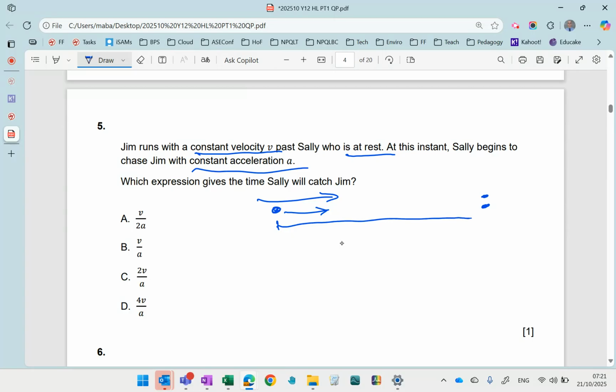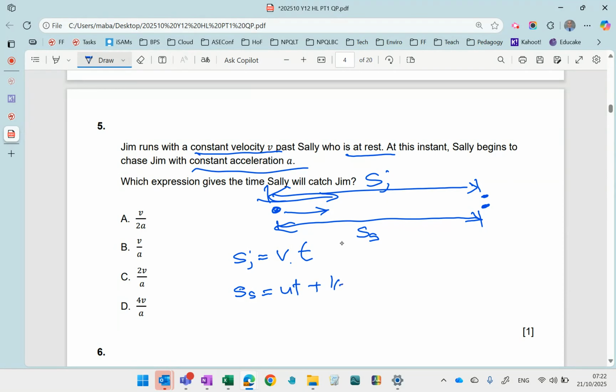So hopefully we can agree that, at that point, the displacement of Sally, so I'm going to call that S subscript S for the displacement of Sally, is going to be equal to the displacement of Jim. So we need an expression for the displacement for Jim. Now he's traveling with a constant velocity, v, and so we can use S equals v times t. And then we need an expression for Sally, and this is the right expression for us,